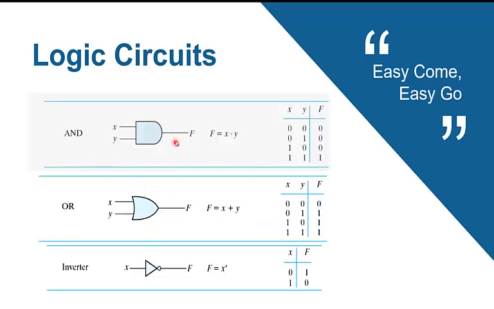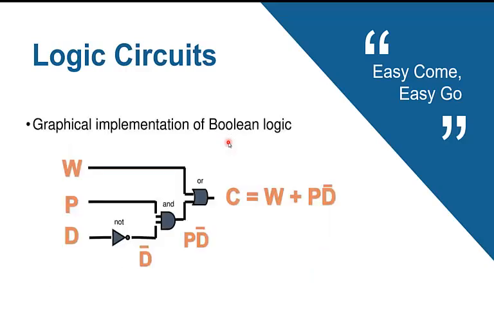Here is the same thing. We have the truth table, we have the logic implementation, and the Boolean expression. Let's take an example. We have here three inputs, W, B, and D, and we have three gates, NOT, AND, and OR. So in the beginning we are going to get